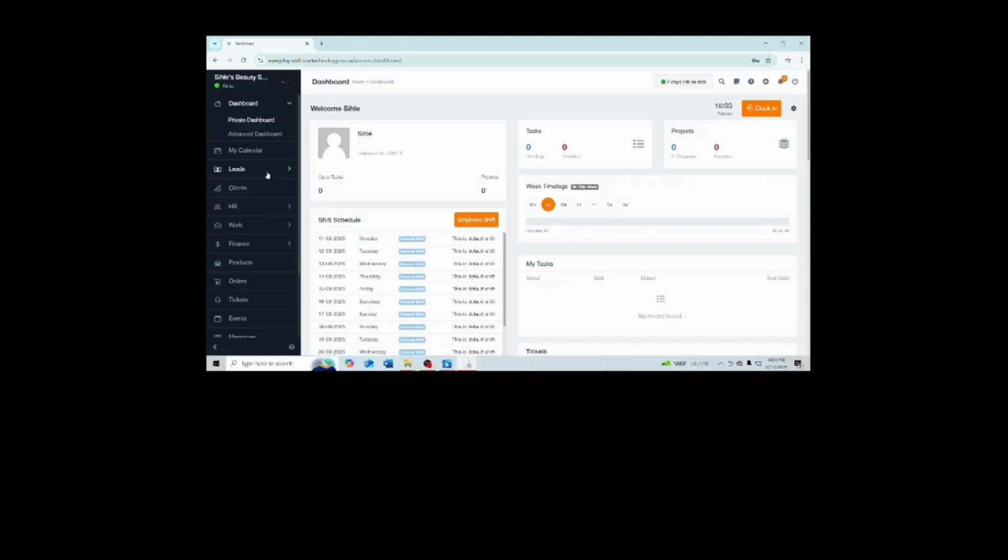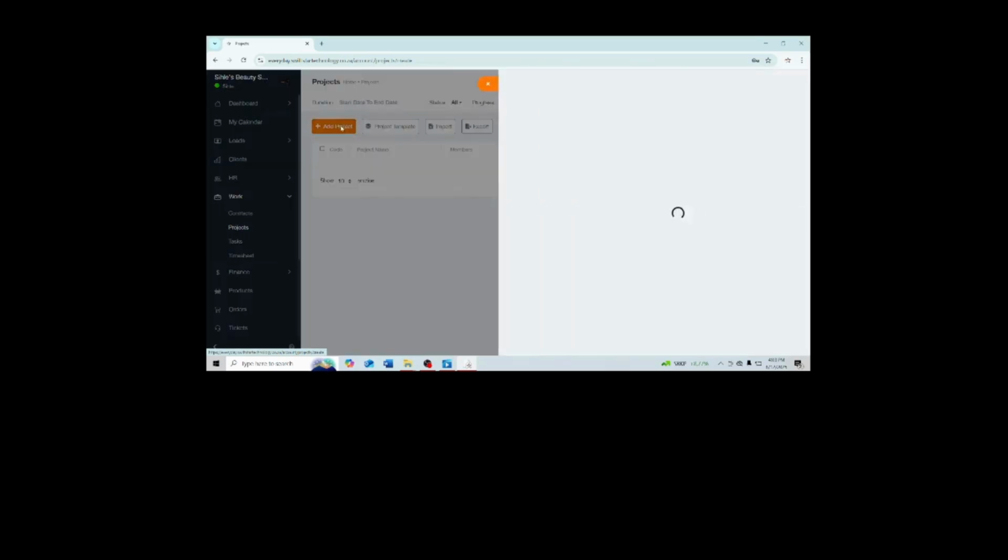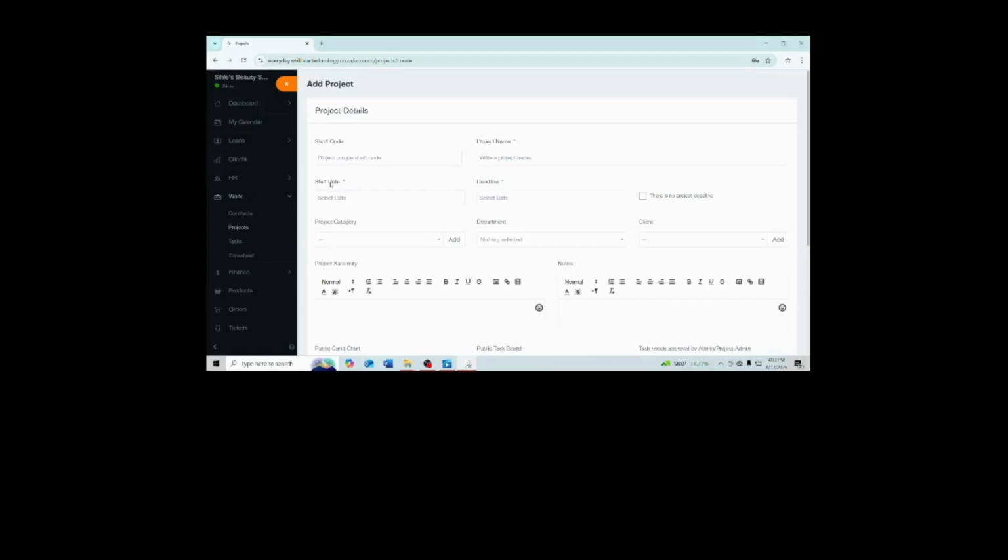So the main features, projects. So the projects allow us to manage bigger jobs from start to finish. You can add a project name, description, deadlines, and assign team members. This keeps everyone on the same page and ensures deadlines are met. So you add a project name,